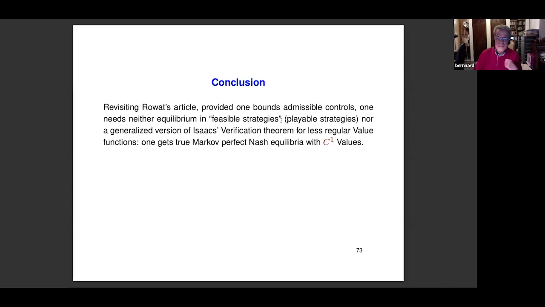And the other reason for appealing to Dockner's theory was that he thought that he had an irregular value function. And Dockner et al. have a generalized sufficiency theorem where they have a value function which is not C1. But this value function is C1, so you don't need it. I'm not quite sure that the necessary conditions for everything to work are satisfied in Rowat's paper. I'm finishing to check that currently. As I told you, it's ongoing work.